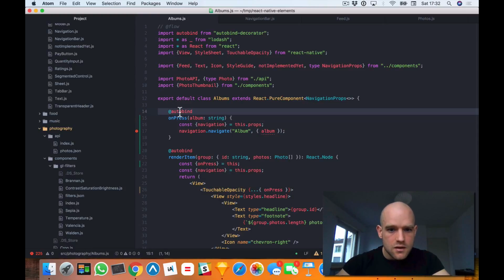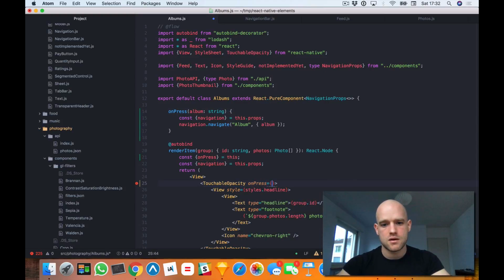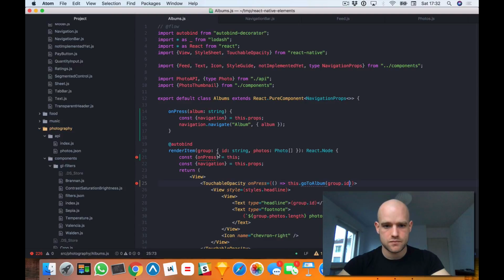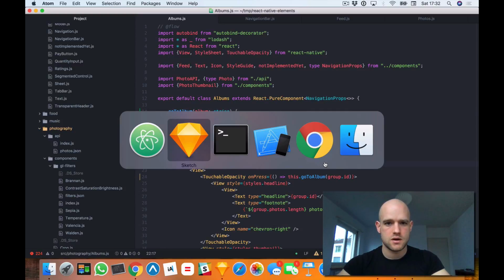Let's look at the Lodash documentation for the groupBy function. I'm not sure how it looks. I guess it should be pretty straightforward. Okay, so we can have albums where